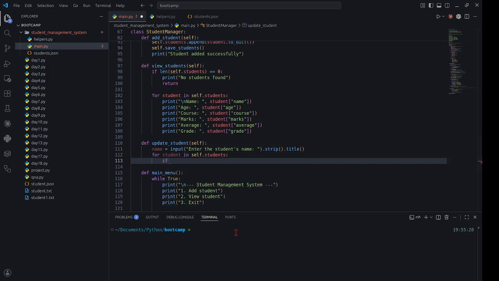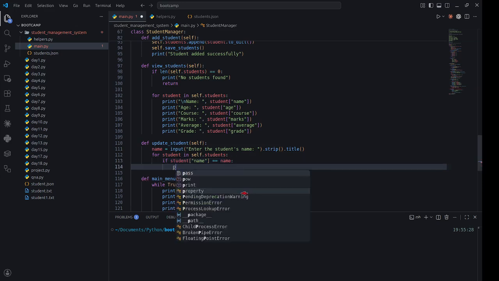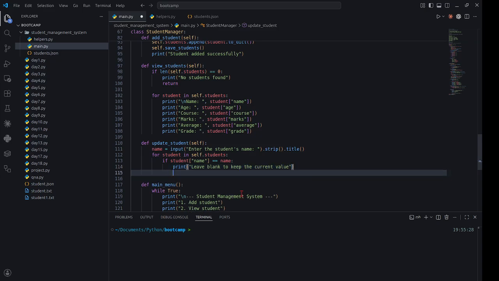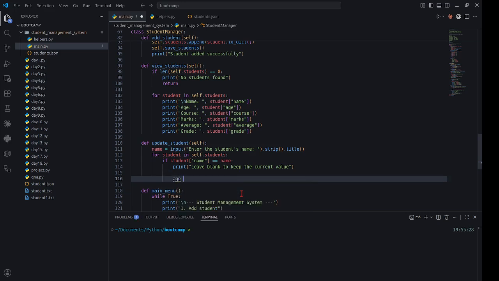So if student name, right, is equal to the name inputted by the user, right, we're going to print something, right? So we're going to say leave blank to keep the current value, right? And then we are going to get the student's age,